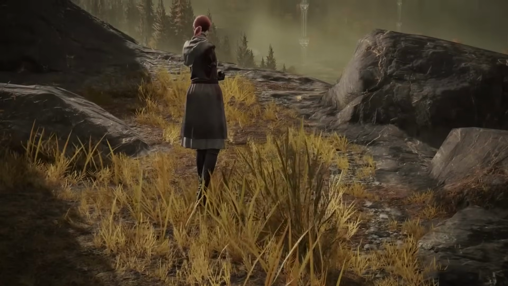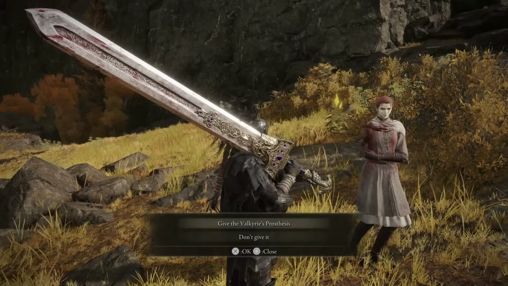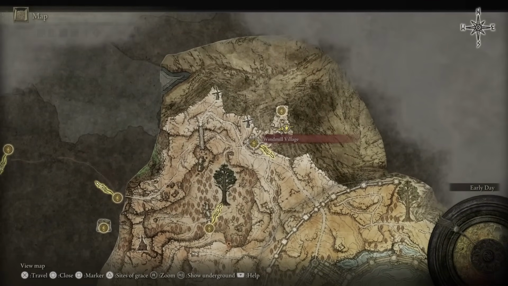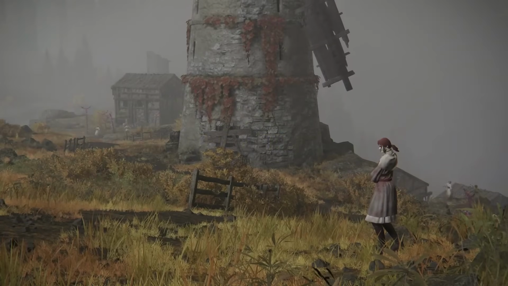Now, you'll find her up on Altus Plateau, right by the Erdtree Gazing Hill Site of Grace. She'll lament that she can no longer fight without her sword arm, so give her the Valkyrie's prosthesis. Next up, head to Dominula Windmill Village, where you'll need to defeat the Godskin Apostle. After you do this, rest at the Site of Grace, and you can find Millicent at Dominula, near the Windmill